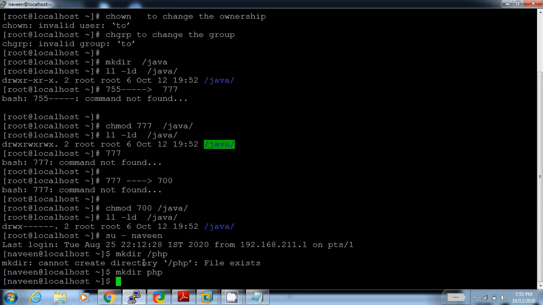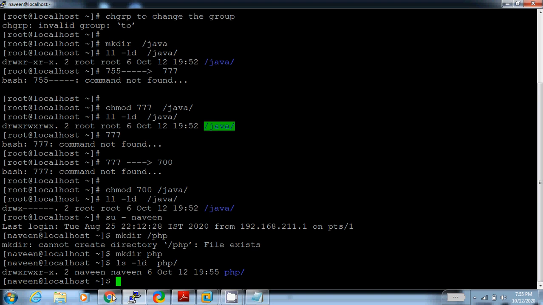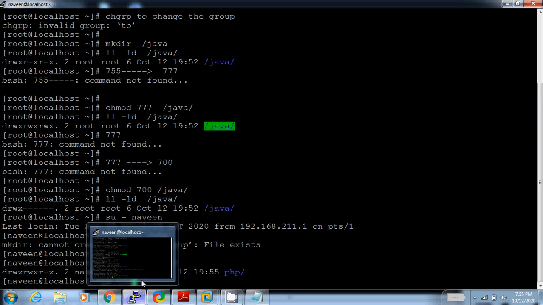I create a folder php. Now I'll check the permission. ls -ld php. Now permission is rwx, rwx and r-x. It means permission is 775.